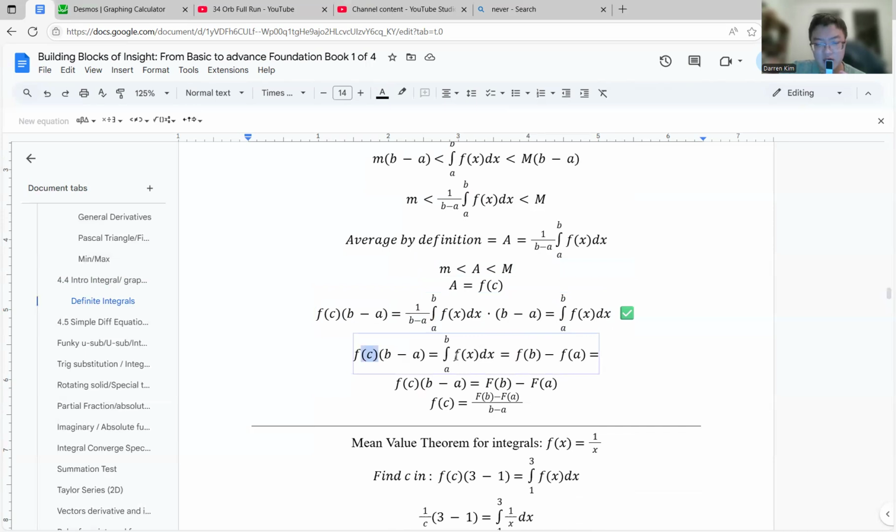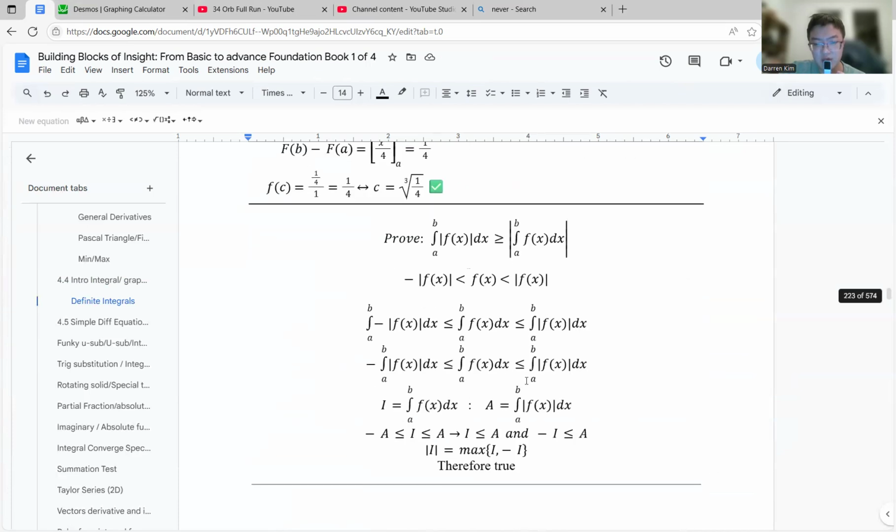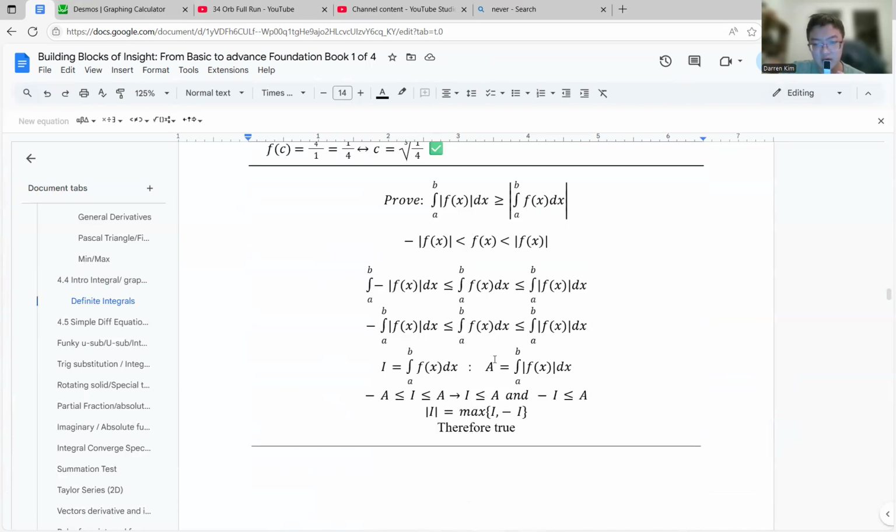Because if you evaluate this, you get this form from the second fundamental theorem of calculus, part two, basically. And then you get this division, and you get this thing. So over here, there are some questions, and oh yeah, the last one, this one's a pain in the ass.